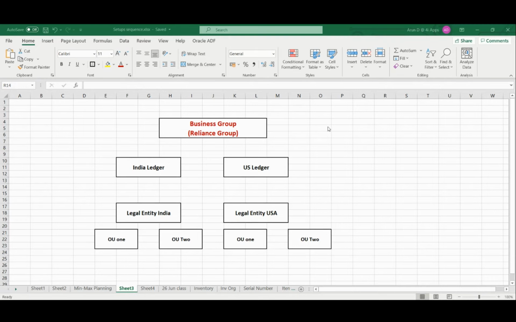Either I can create a separate ledger for each of the business units or lines of business, or I can manage at the segment level. We created multiple KFFs, right? Similarly, we will have a set of segments created in GL also, which we saw in the accounting structure. So here I can manage that, or most probably I will create a separate ledger for it. Since the line of business is different, even though I have one business group,